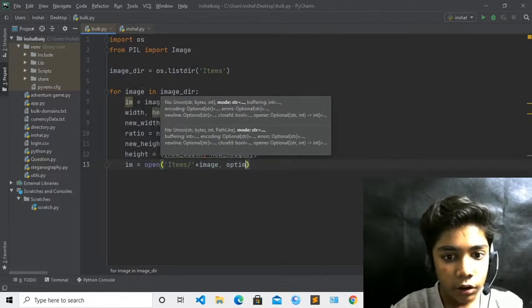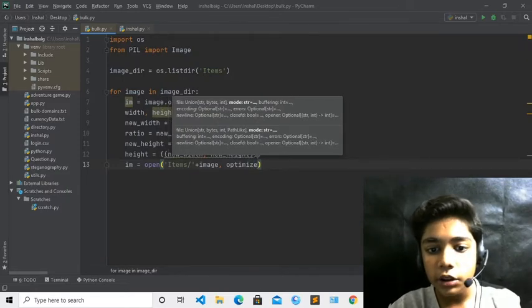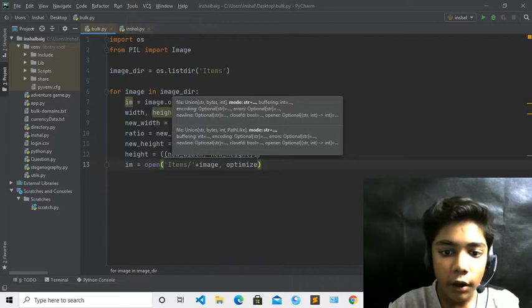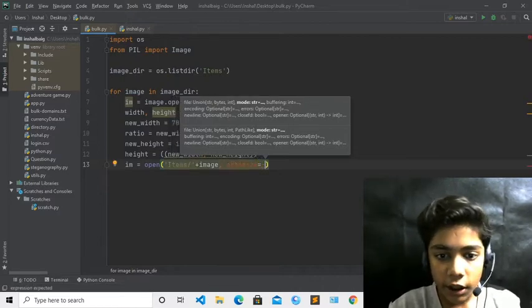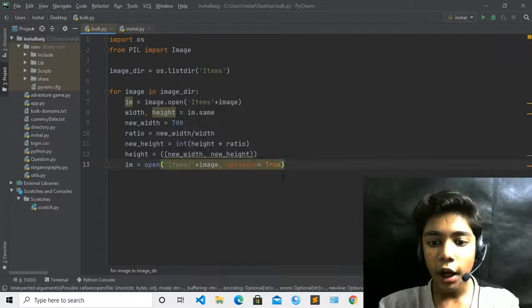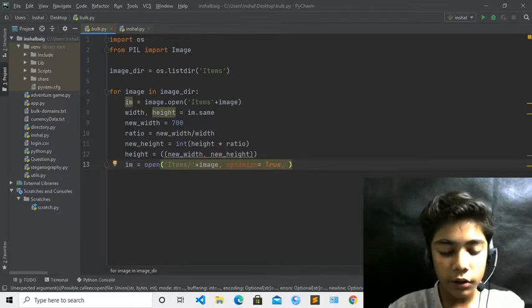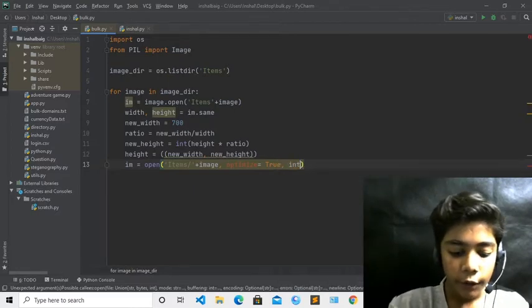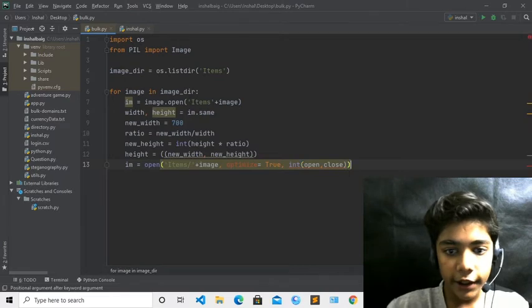Okay, so now we will optimize, and we have to write a statement over here. With this optimize tag we have to write a statement of false or true. We have to take the image and change the size, so we have to write the true one. Now when you have done that, write another comma, and in this comma you have to define init, which will be the open tag, and with this open tag you have to define a comma, which will be close. Okay, so till here we have done our work.